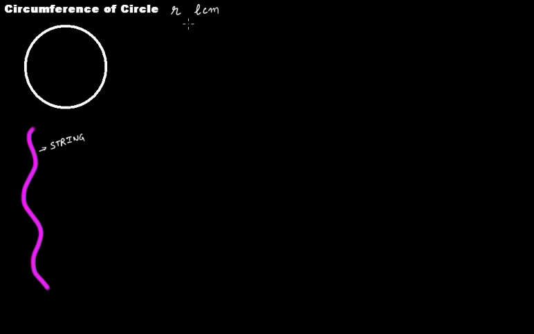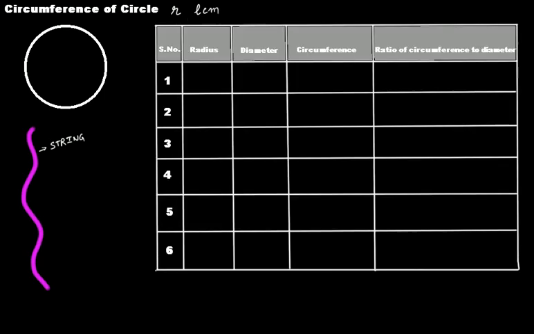Okay, now let's do one activity. Let's draw a table with 5 columns: serial number, radius, diameter, circumference, and then ratio of circumference to diameter. What you have to do is,